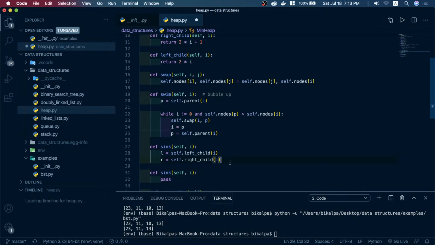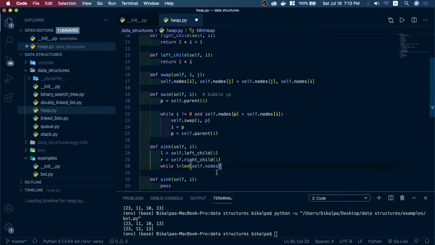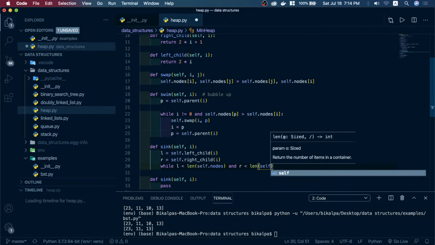and then we will check while L is less than the length of self.nodes, that means we haven't gone out of the bounds of the array itself, because if we are trying to find the left child of the last index, it will give me some value that is greater than the total number of nodes. So this should be checked, as well as R is less than the length of self.nodes,